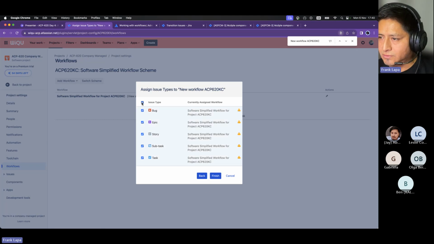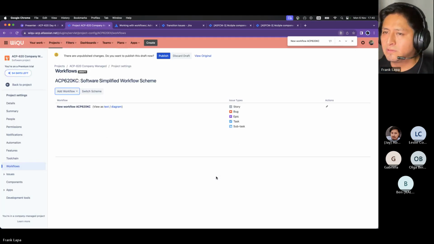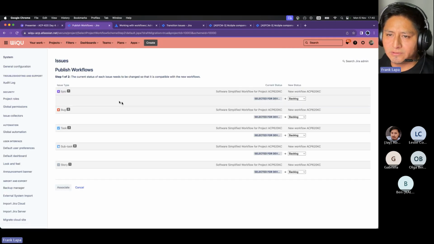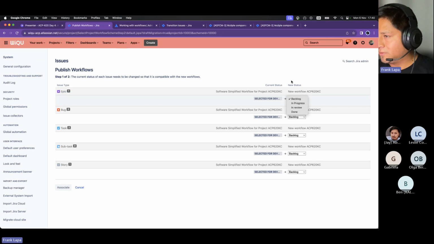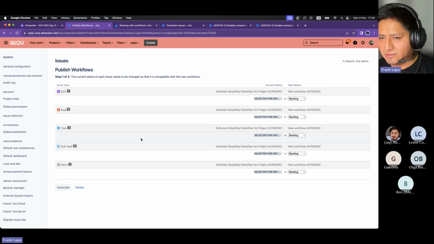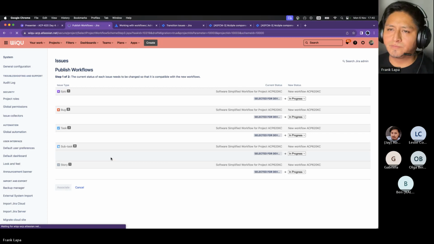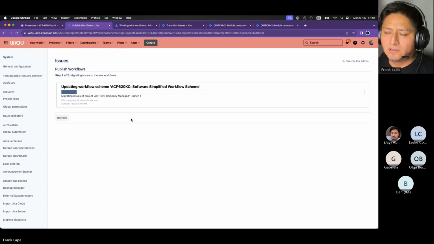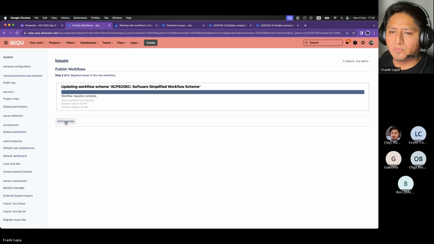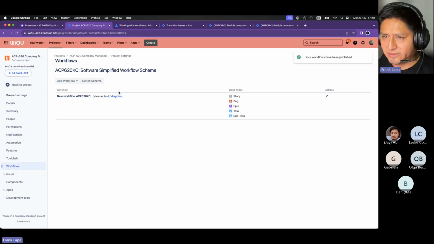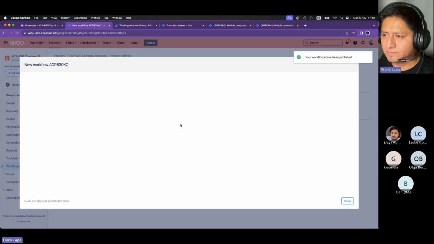I will match all of them. And then I have my new workflow. I'm going to publish. Here it's asking me what I want to do with the issues with a specific status. For example, this one I want to move to in progress, all of them. Then associate. Perfect. So all my tickets now have a specific workflow, which is this one,